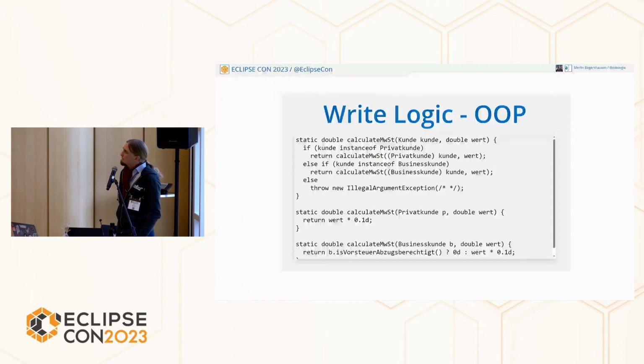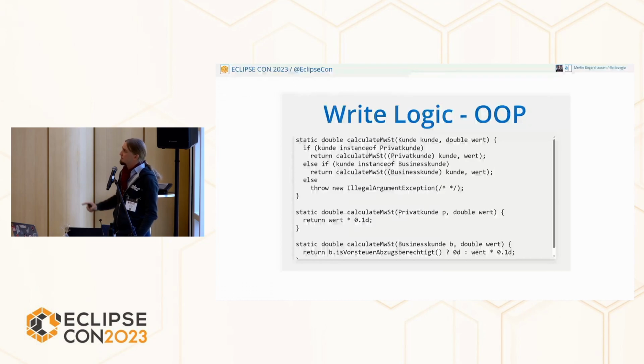For the first, we only take the private Kunde. It's a check if it is an instance of Private Kunde, then a cast and a delegation to calculate Mehrwertsteuer for Privatkunde. Very easy code, but it has a few problems. First of all, we have distributed logic. What I mean, the calculate Mehrwertsteuer logic, which is one chunk of logic, is distributed across two methods. And if we introduce more types, it gets more and more distributed. Yes, that's style. I admit that, but it could be copied in the first line, but again, if the logic gets bigger and bigger, it explodes, simply.